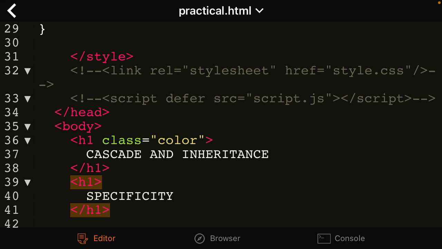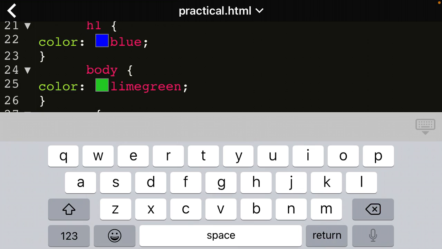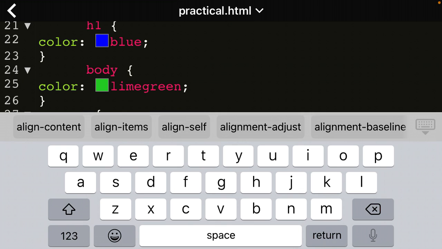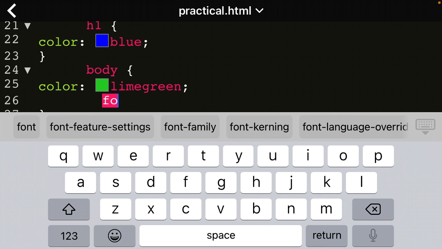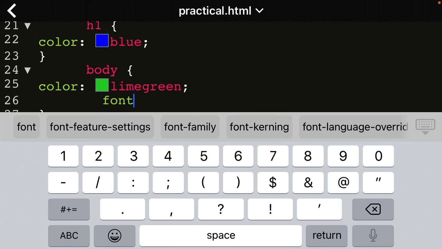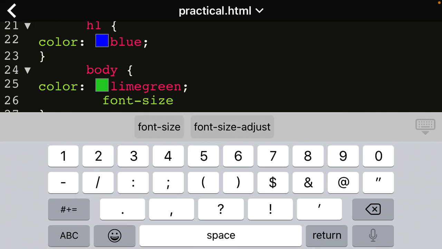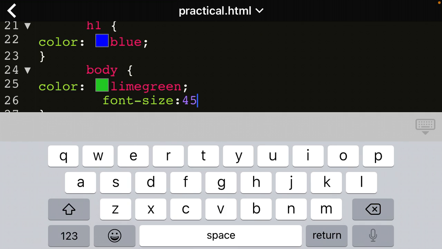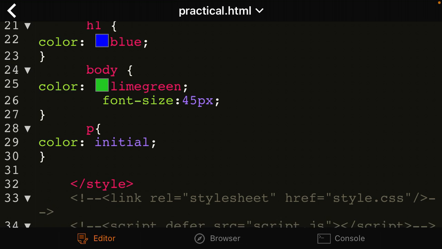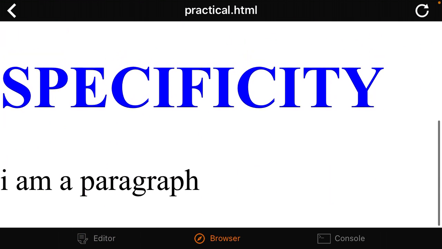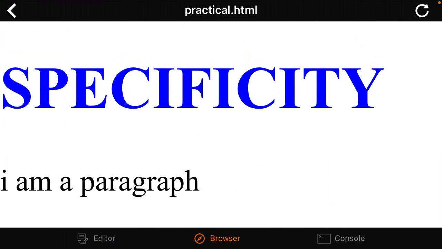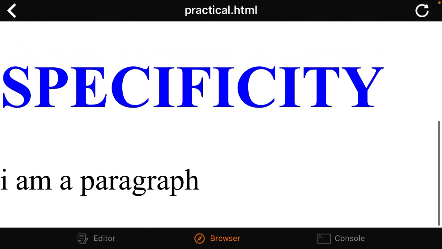So in this case, let me try to make this more understandable by giving new values over here. Let me see, if I want to set a font size here of, let's say, 45 pixels. Then in that case, let's see the output first, so you see how big this thing is. If I don't want my paragraph element to inherit both the color set on this and